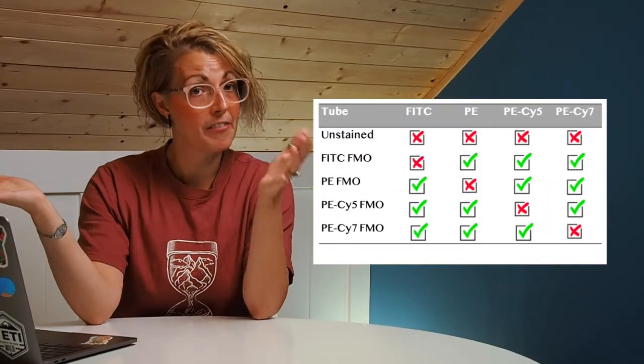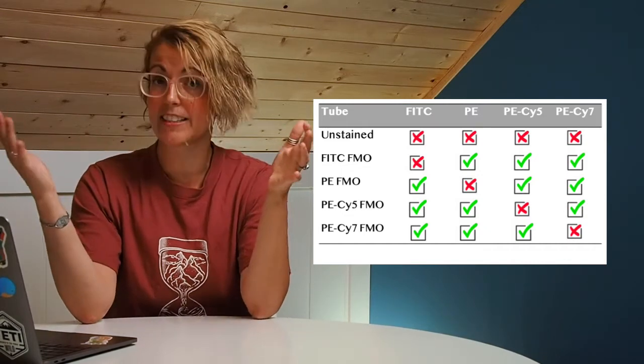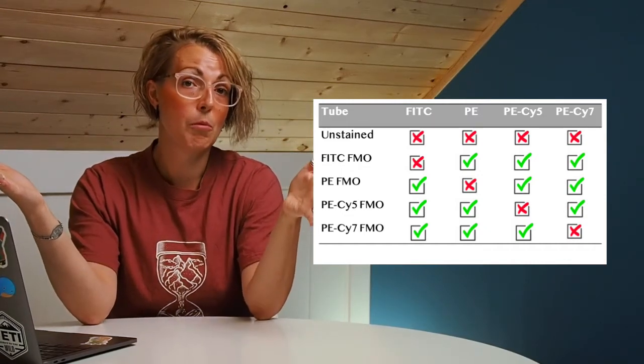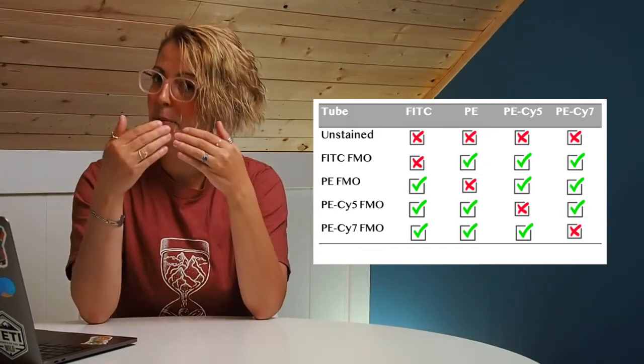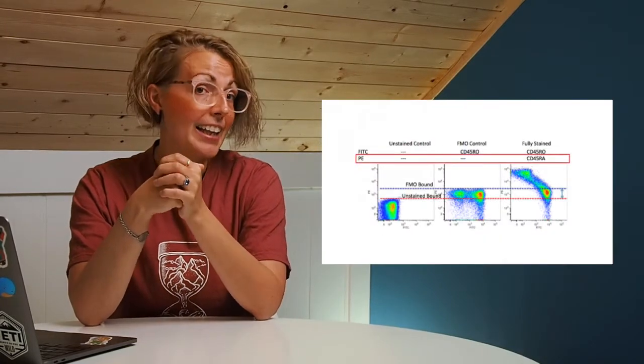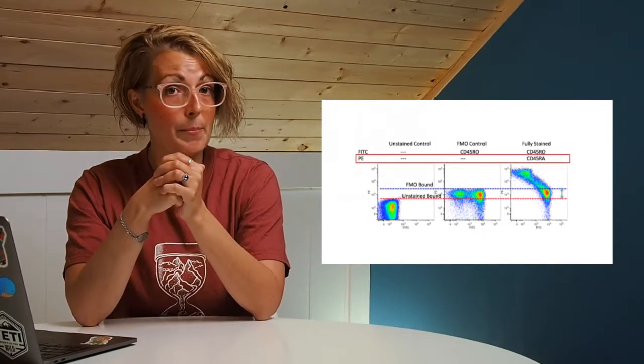In order to set up an FMO control, essentially what you do is have your panel of interest and then systematically subtract one fluorochrome at a time. So if we have, say, a 4-color panel with FITC, PE, PE-Cy5, and PE-Cy7, our FITC FMO control will have all the dyes except for FITC. Our PE FMO will have all the dyes except PE, and so on and so forth. And by doing this, we're going to factor in not only the autofluorescence, but also the spread of the background that occurs by adding fluorochromes to our cells. And in this way, we can set a highly accurate gate boundary in order to study our populations.